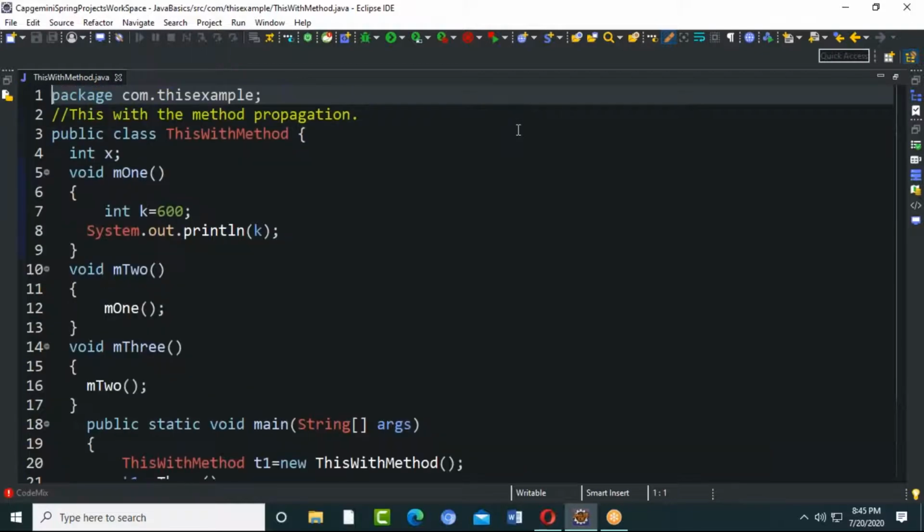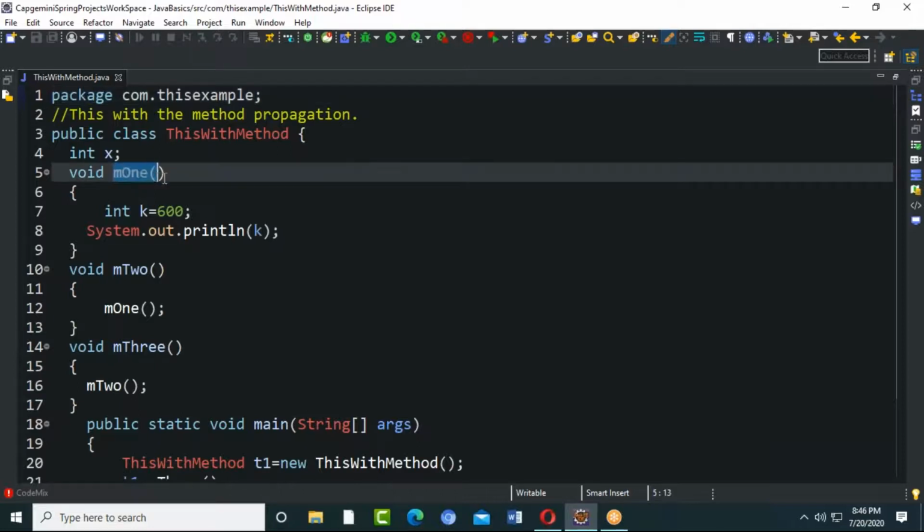So propagation of the method is nothing but I have M1, I'm going to call M2, I have M3. Sometimes we would like to call a method inside another method. A method inside a method we are going to call, that is called method propagation.